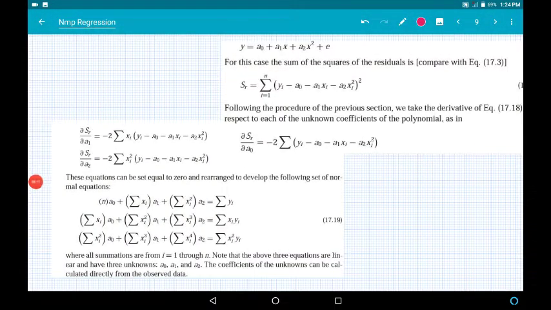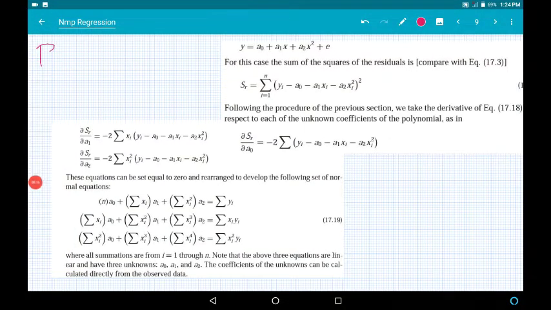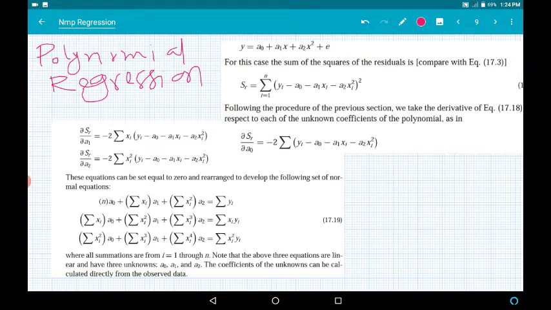Moving ahead, we have a concept of polynomial regression. Okay, now what is polynomial regression? Polynomial regression means instead of using only a straight line, I can use curves of second order, third order, etc. So basically you can handle the nonlinear equations this way also. Earlier we have used only y is equal to a0 plus a1x. This kind of equations only we have handled. But if I want to have a second order curve, then I can use an equation wherein y is equal to a0 plus a1x plus a2x square plus e, where e is the error which will remain, right?